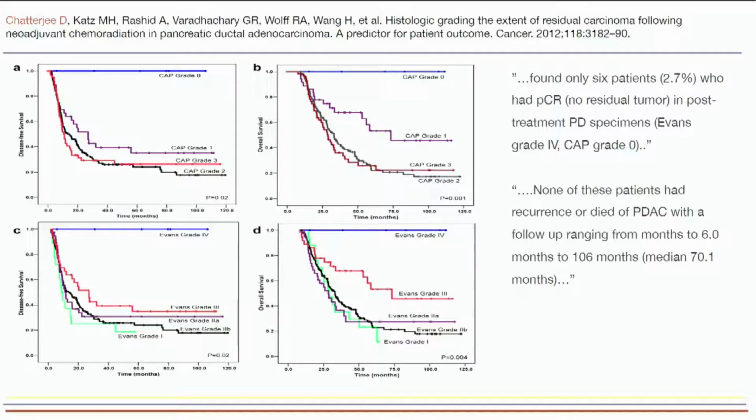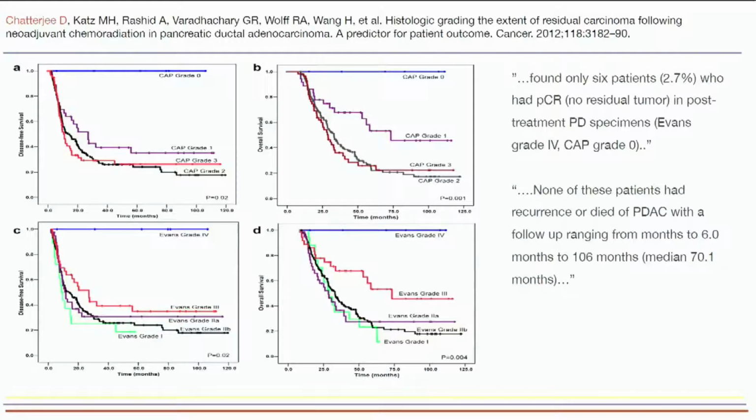As you can appreciate from the survival curves, the two systems, both CAP and Evans, are quite comparable. In fact, they mainly coincide in their results, and in your practice you can use both, with no limitations. That probably reflects the reality, but you can appreciate that relapse-free survival of grade 0 or Evans 4,